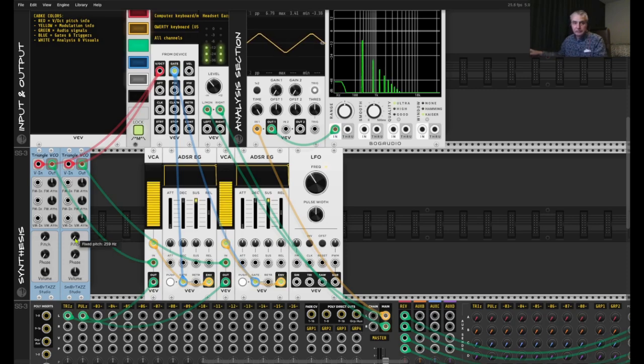tuning more prominent, and you can make use of those kind of more fuller, more richer sounds. Of course, you can also detune